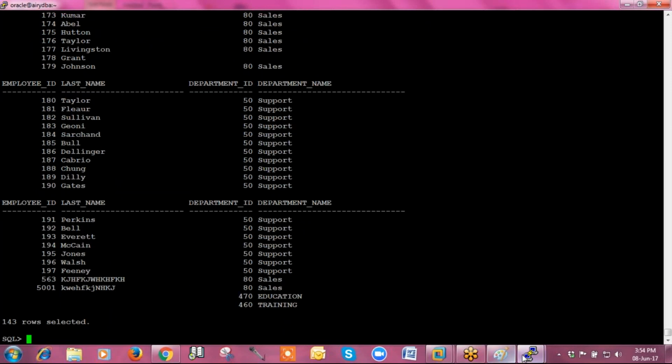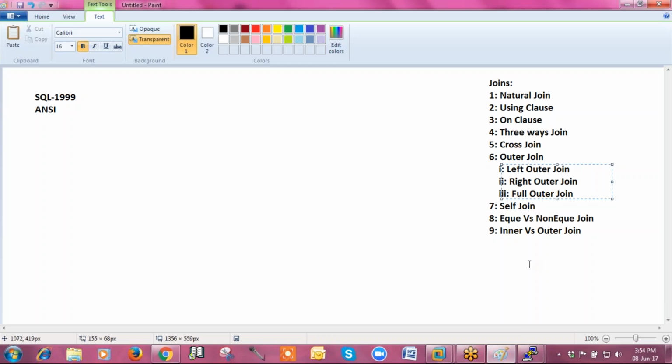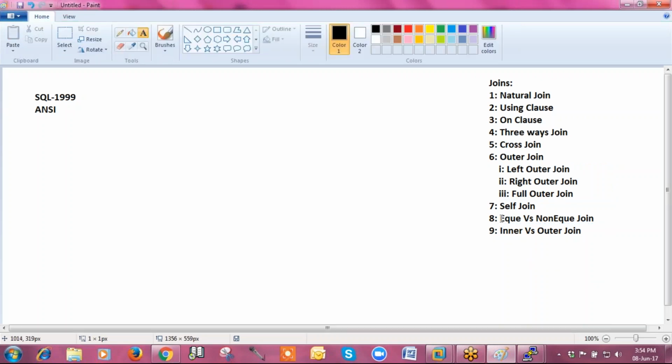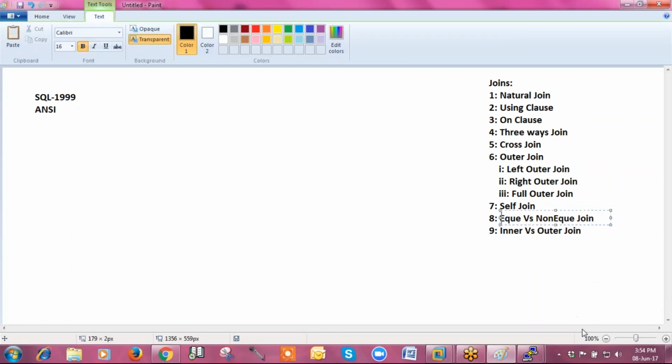So what is the difference between inner versus outer join? Inner join always displays the matching records, but outer join will display the matching as well as the unmatched records. Now next one is equi versus non-equi join.